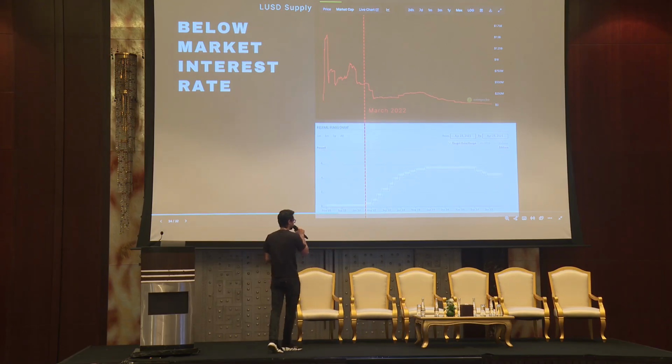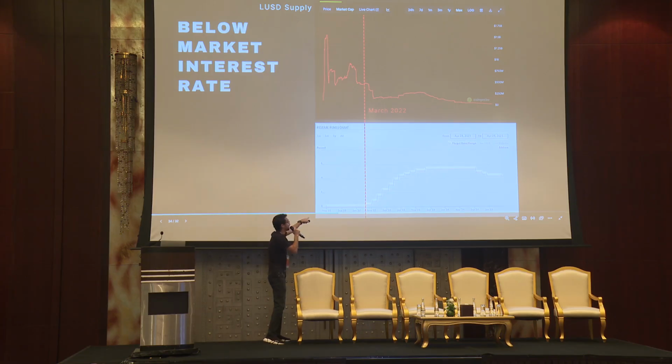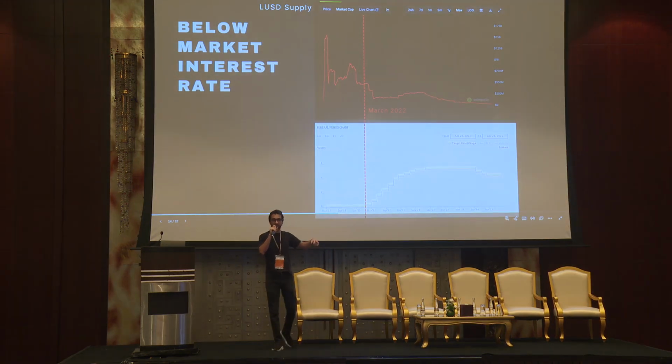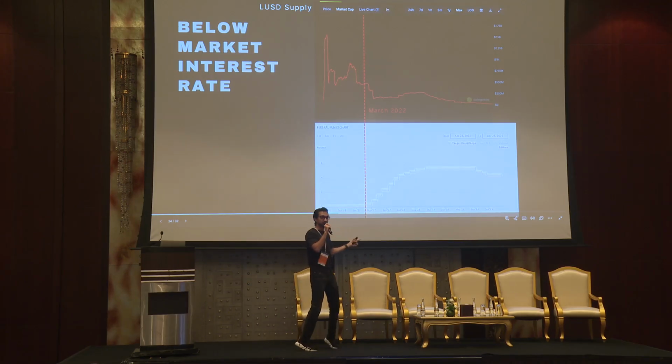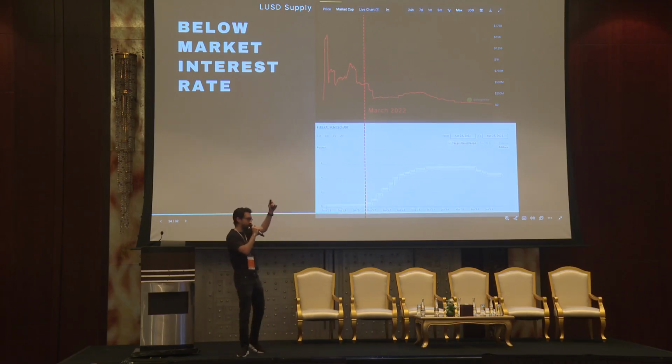And it was fine because it's cool, right? Like free loans, yay. But the problem here was that this whole time, when liquidity was doing so well, the interest rates on the federal funds rate were 0, basically. So they were technically at the market price. What the Liquity team didn't realize was that this is just a 0 interest rate phenomenon. Then the Fed kept raising rates, and because Liquity did not have any way to change the interest rate of their protocol to charge borrowers more or to give lenders more, suddenly they became below the market rate,